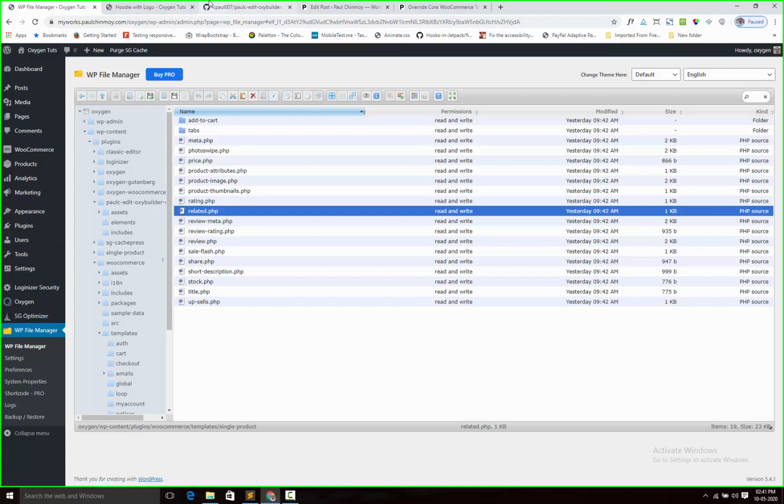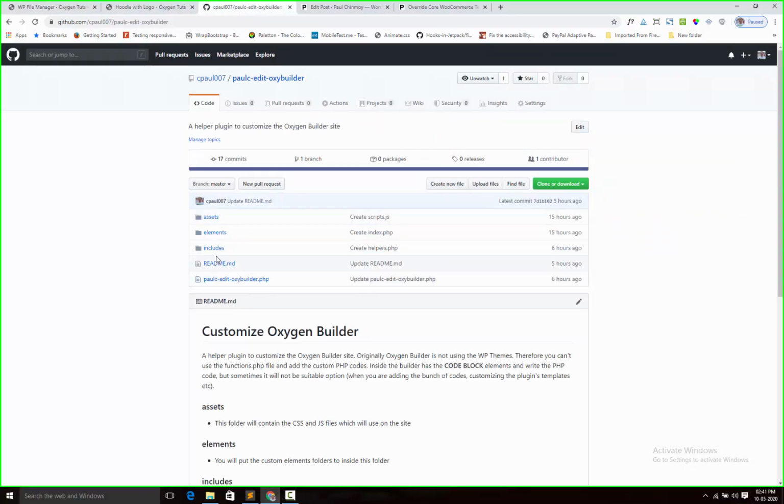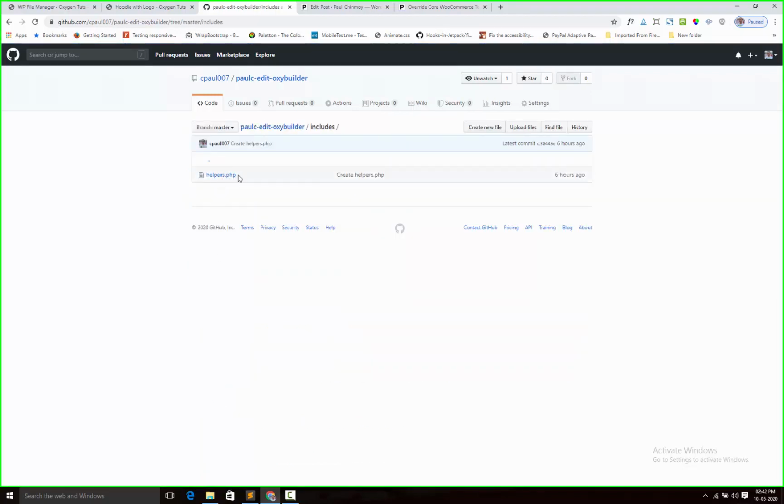Okay, in my plugin I created a new folder, includes. Inside the includes folder there is a helpers.php file. Right now this PHP file is blank. Inside this PHP file I will add my custom code.